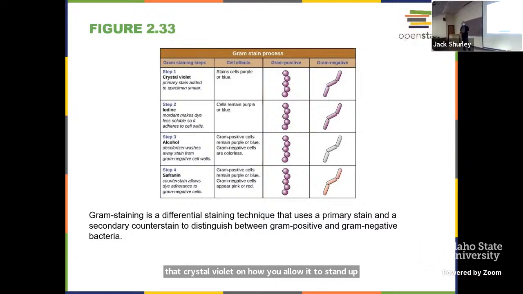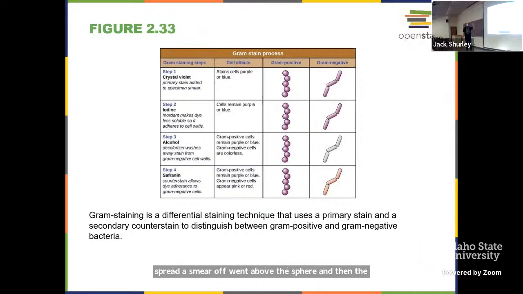At that point, you grab the slide, you tilt it up, the stain starts to run into the trough, and there should be squirt bottles with water on the top of all of the benches by your stain trays. There's also a little knob, a faucet there, that will turn water on. You could use that as well. Squirt bottles work a little bit better because it's a smaller stream of water. You gently squirt the water above your smear, not right on it. You're not trying to spray the smear off, right above the smear, and then the water kind of rinses down,